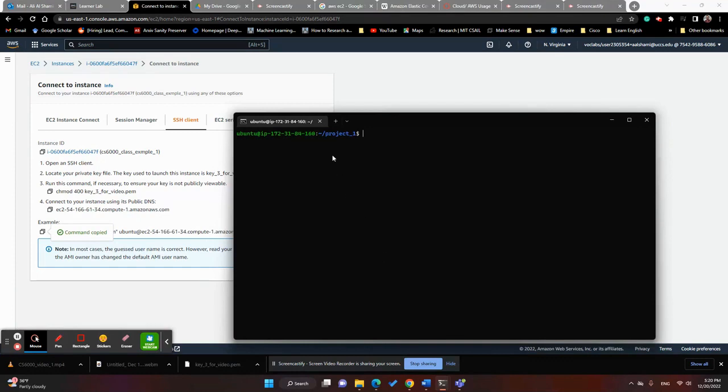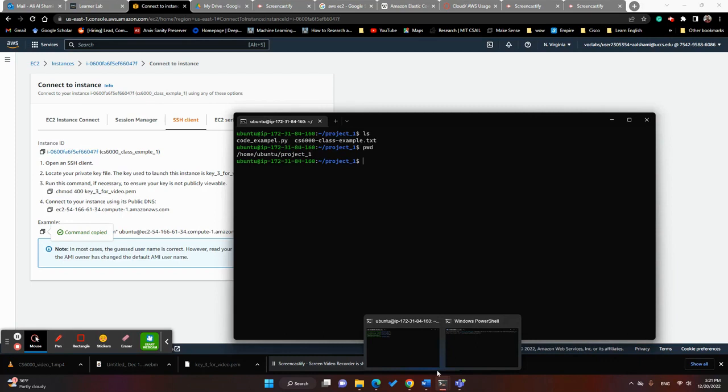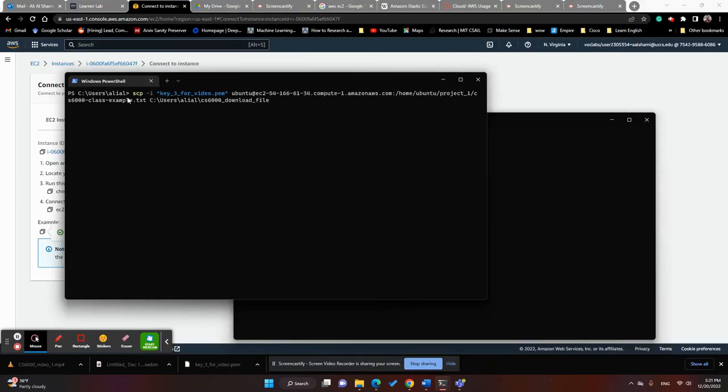All right, and now when we get in our folder, and then we just ls, and then we will see right now we want to download this particular folder, and that's totally fine. We will just say pwd to get the path for that particular one and cs600 in class example.txt. We will copy it, and then we will open another